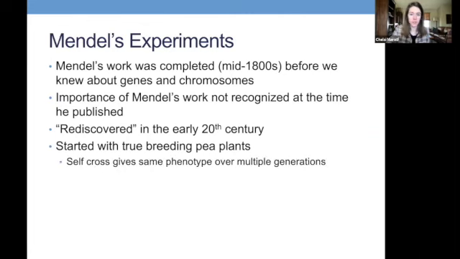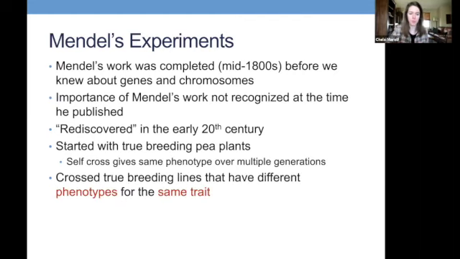But all of this stuff that he did for genetics, creating these terms that we know today, he did with pea plants. And so we'll use those as examples in this class because it's really, really simple to use them, because they have such simple traits where they're either purple or white and there's really no in between. So what he